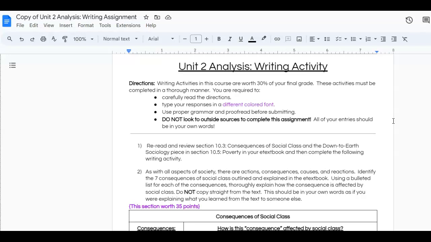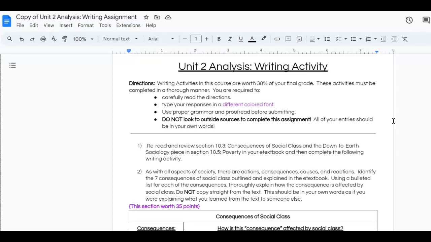Remember, Turnitin, the program that you are going to submit this into, is a plagiarism detection software. So I'm just going to encourage you to remember it's not worth it, right? We are simply going to review some of the material that we've learned thus far in Unit 2, and we are going to reflect on that material and give our personal reflections and our personal explanations. So just please keep that in mind.